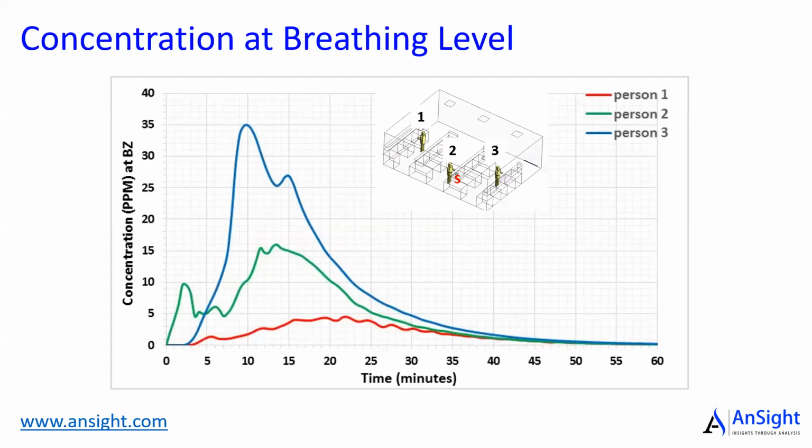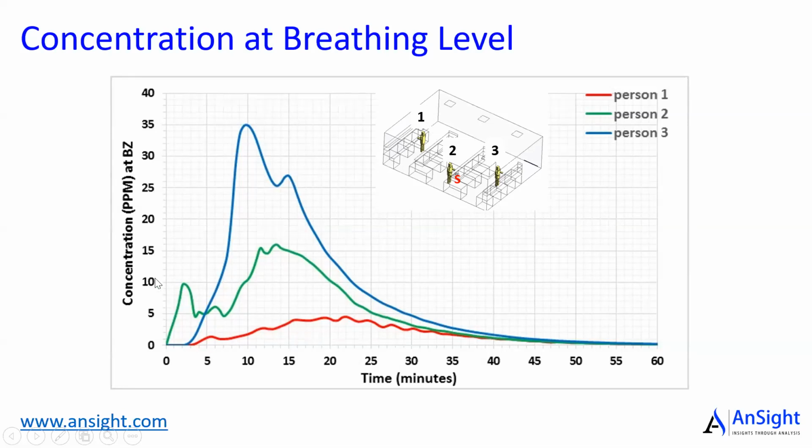Let's look at the concentration levels. As I said, breathing zone is the critical zone. And now if I put the sensors in front of their nose here and see what concentration they're experiencing with time, look at this. Person 3, who is not even closer to that source, is experiencing the highest concentration. And of course, then person 2 and person 1, who is away in that corner, is least